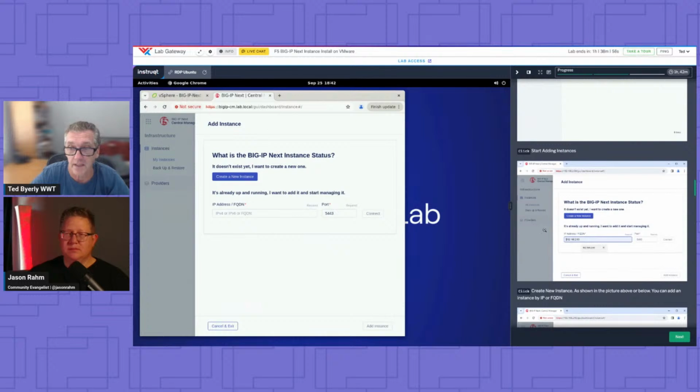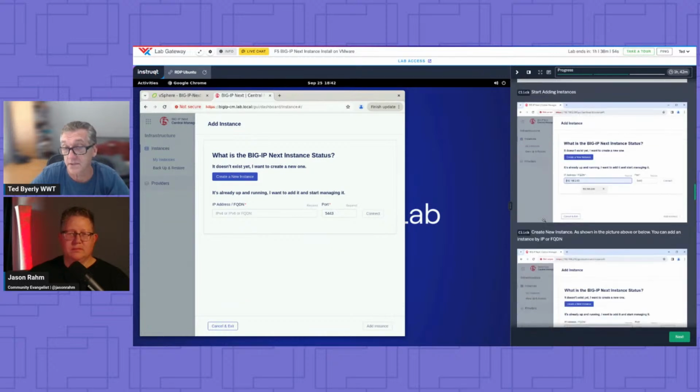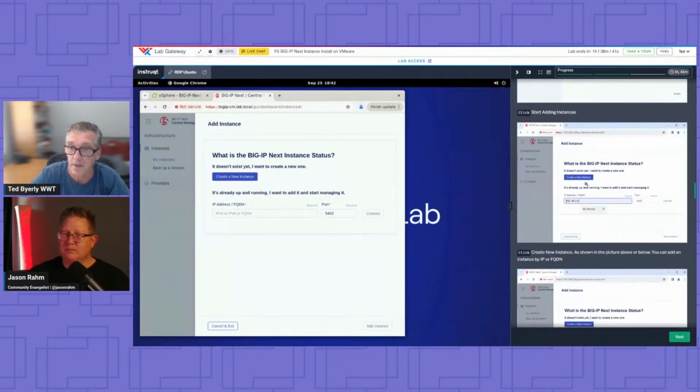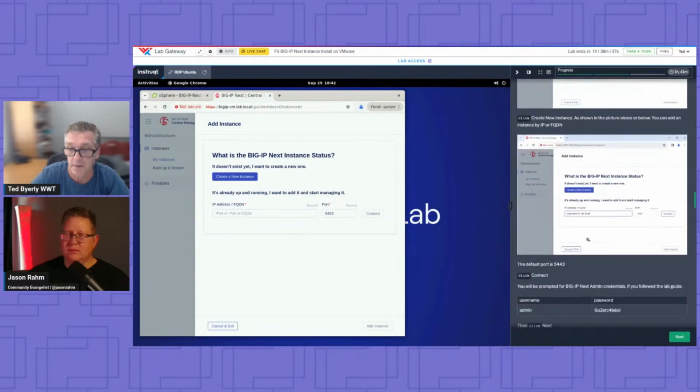And we're not creating a new one. I saw yesterday when I was going through here that that's not as clear. So we're going to connect to an already running instance. Right here it says create new. It's not new. I'm going to have to fix that in GitHub. But we could do it by IP or FQDN. There's two pictures, but that one statement is not correct.